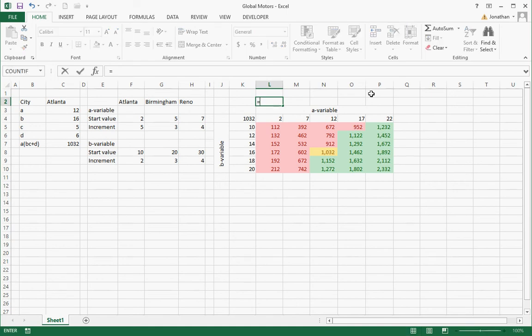So I'm going to say equal if this equals in quotes... Actually, I can just do this. I'm going to do this even though I want to show you how to do an if statement. I could do this without an if statement, but I just want to teach you how to do one, so I'm going to do it maybe a little harder way. I want to do equal, type the I, see if comes up, I do a tab. If this is equal to, in quotes, Atlanta,